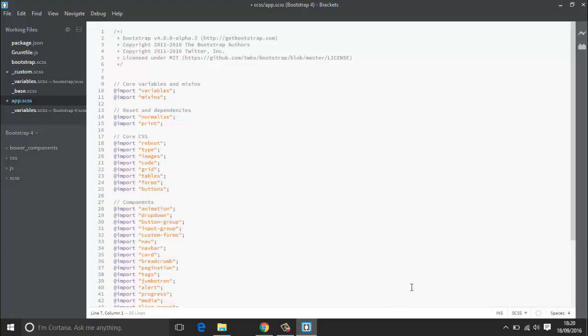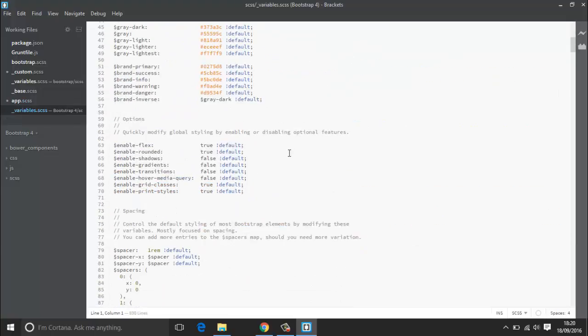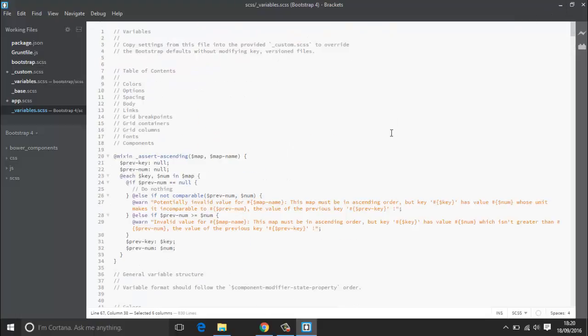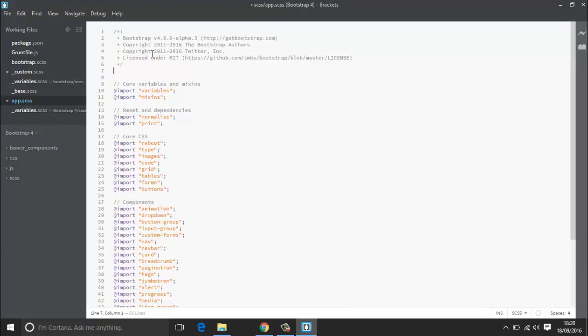No, it won't, because in Sass we've got the one called default, and that's basically going to make sure that whatever we add in front of here is what's going to be used. So if you go into your variables CSS file, you'll notice that all of them are using default at the end. So let's do that then. If you go back to our app file here, we then want to add our own variables. So we add custom variables up here,